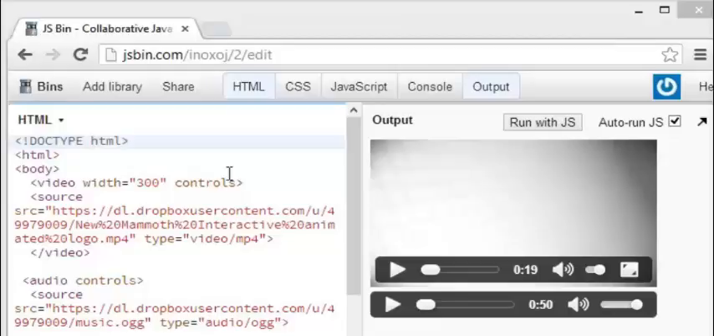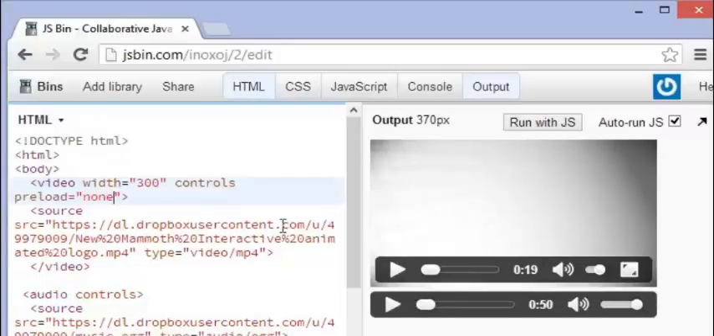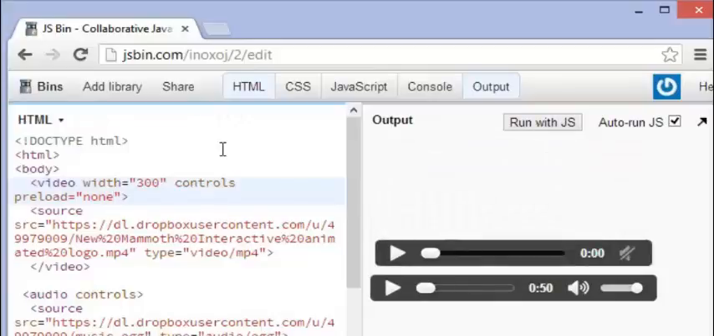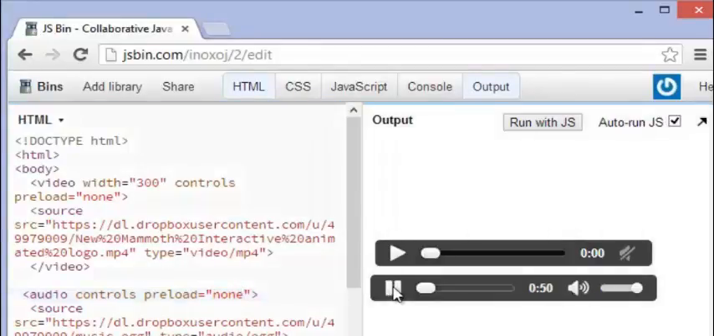All right, so the first thing here is let's go ahead and type in this video controls here, and what we're going to do is type in preload equals, and we're just going to go none, meaning that the video will not preload here. Now let's go ahead and add this into the audio as well. Preload equals and then none here, meaning that the audio will only load when you tell it to load, right? So it will load as soon as you play it, but